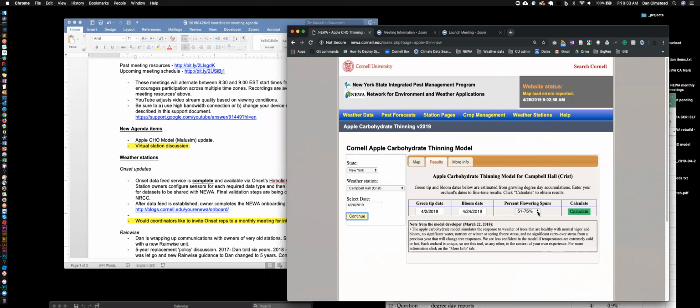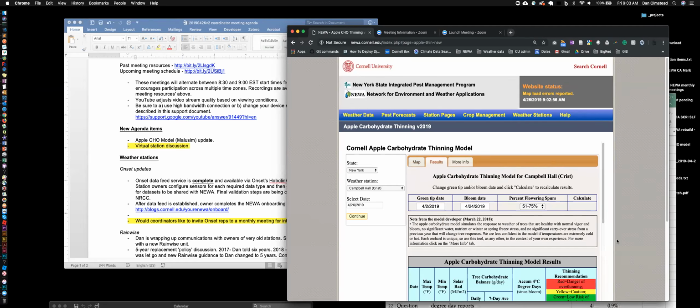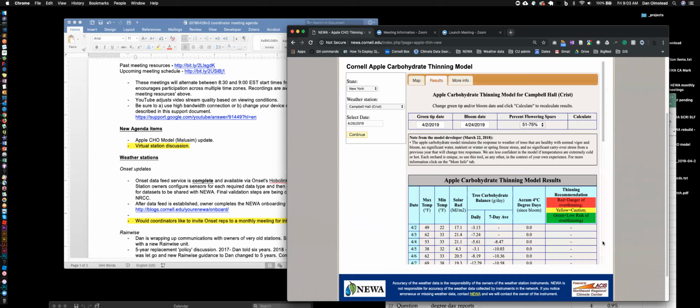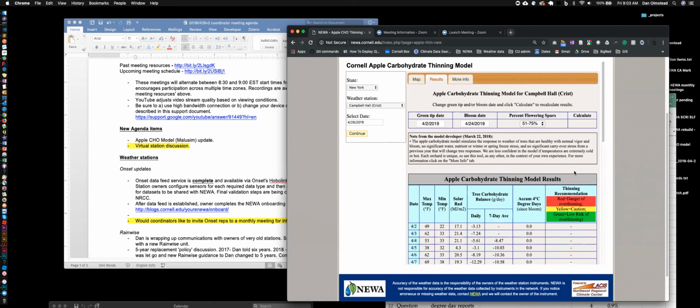You'll see that this option has been added. We'll walk through this in a second, but I also want to mention that Julie and Mario Sazo with the Lake Ontario Fruit Program and myself put up a blog article this morning to go along with this release. It explains some of the finer details, but let's just hit calculate to see what the similarities and differences are. So assuming you've chosen your percent flowering spurs,